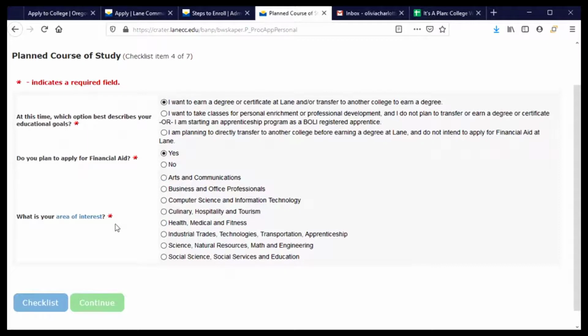And they're interested in knowing what my area of interest is in terms of academic study. And this area of interest is a link to some more information about these different areas of interest. So if you don't yet know, it'd be a good idea to click on this link and read through that to come up with your thoughts on that. For me, I'm going to choose social science